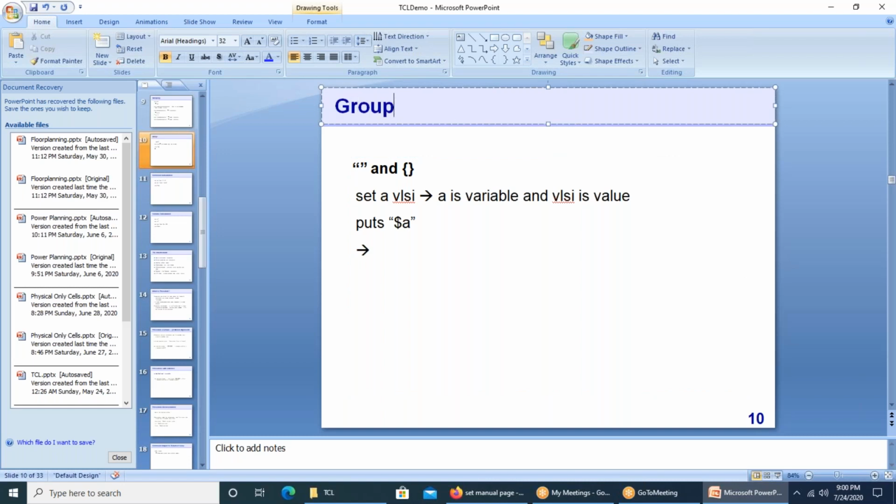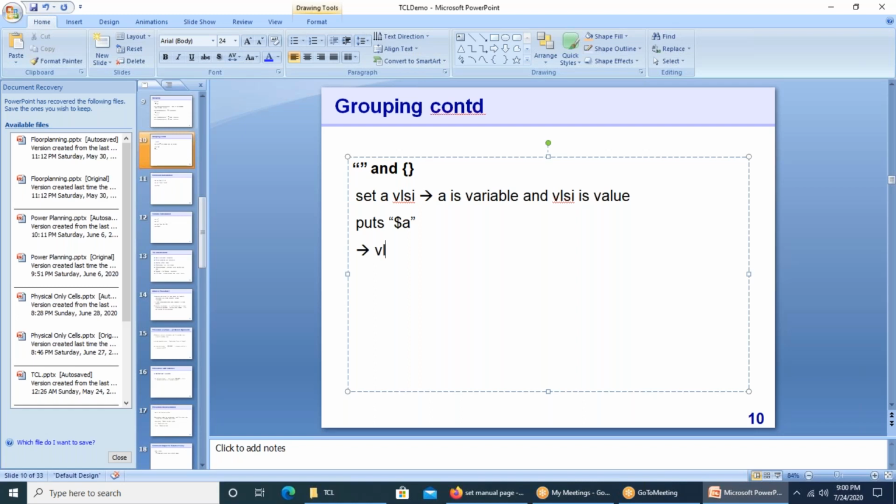VLSI? No, $A will be printed, not VLSI. Sorry? Directly $A, like it will not be substituted here. Am I right? VLSI in the variable A. No, here what happens is, here actually let us consider. I will use like this. So here